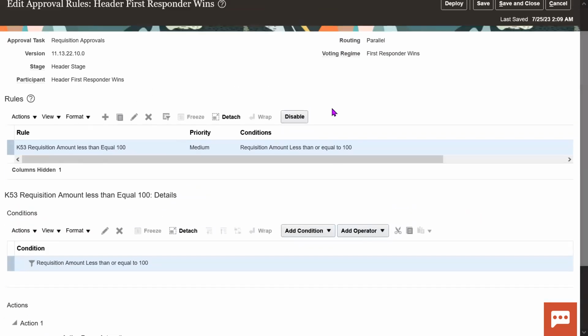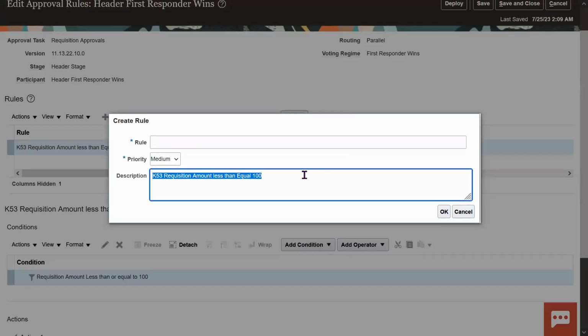And I'm creating one more rule. To create one more rule, you can create from scratch, or you can duplicate also. You can click on the duplicate button. I'm clicking on the duplicate button. Now,